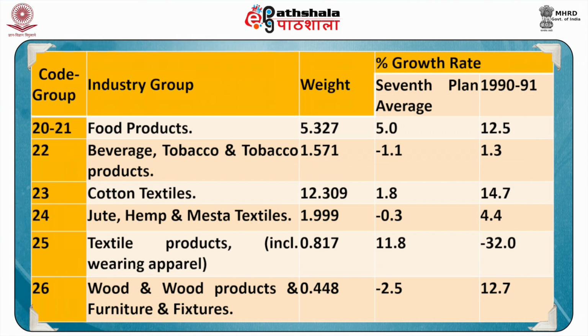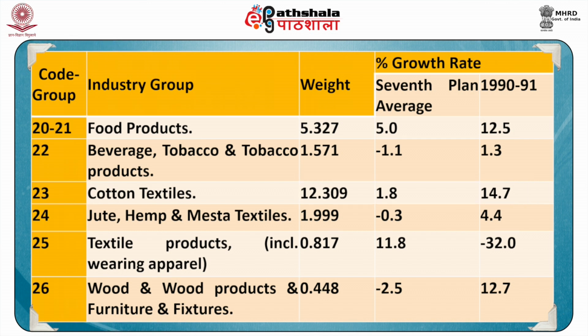Next, cotton textiles. It has a weight of 12.309 and the growth rate in the 7th plan was 1.8%, and in 1990-91 it was